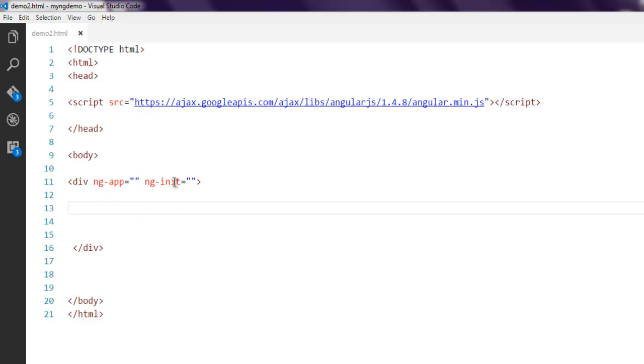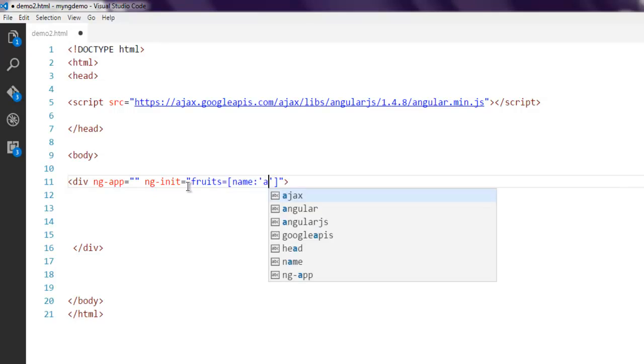Let's say I have some array, let's name it fruits, and here I'm going to add some names of fruits. So let's say name, and here I add apple,